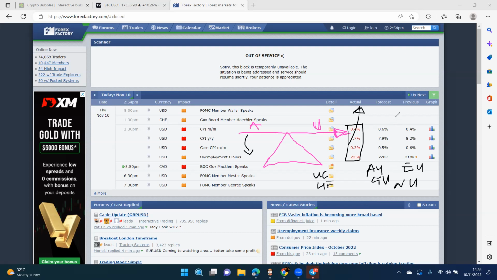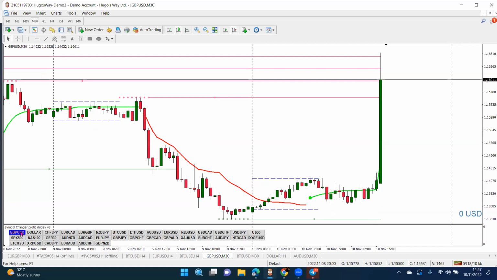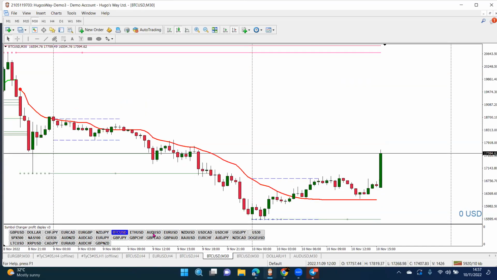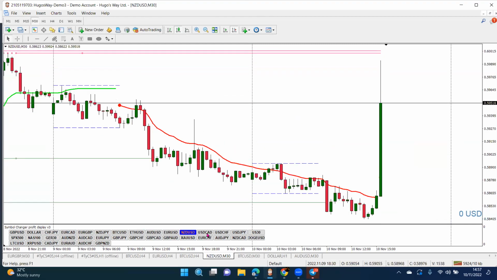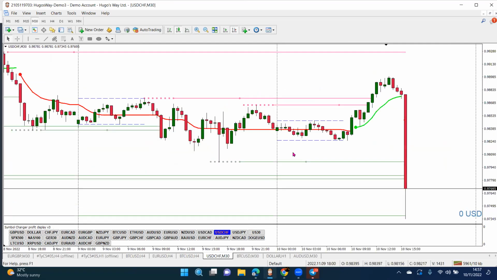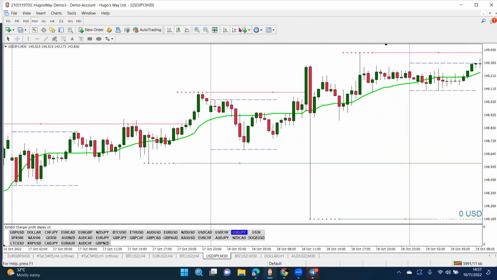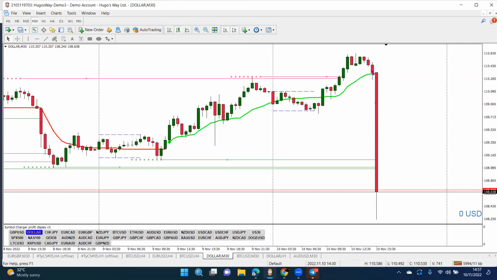You expect to buy other things like XAU, that is gold, Ethereum, anything that has USD at the end, you'll be buying them, right? So if you come to the chart and you look at it, this AU is buying, GU is buying, BTC is buying, Ethereum is buying, anything that has U at the end is buying, then anything that has U at the beginning is selling, right? You see that everything that has U at the beginning is practically selling. And of course, if you come to the dollar itself, you see that the dollar dropped, right? Because of that news, the dollar dropped.